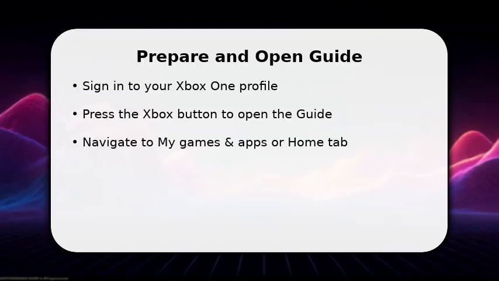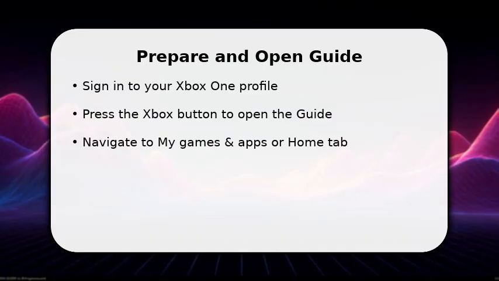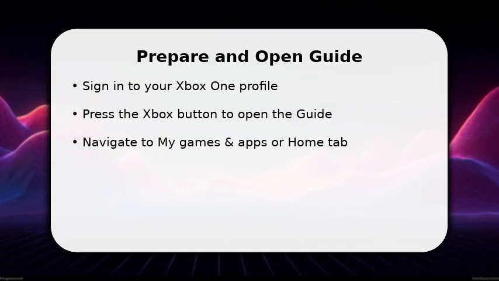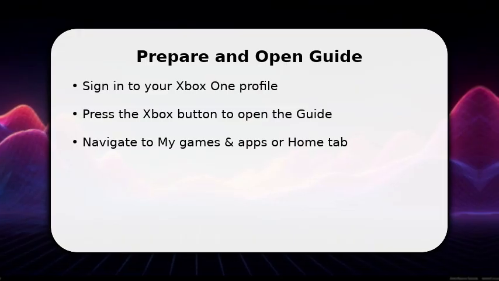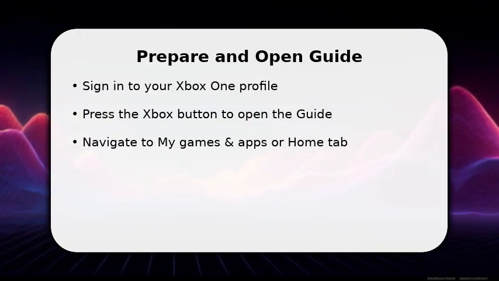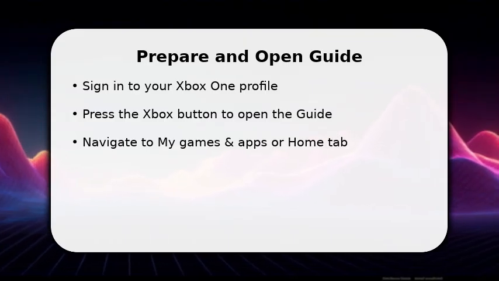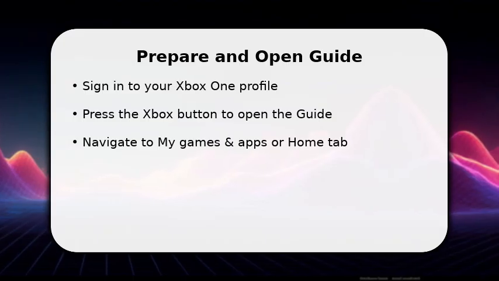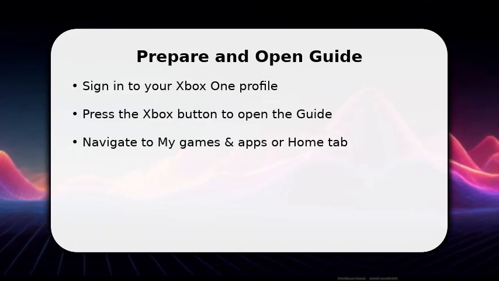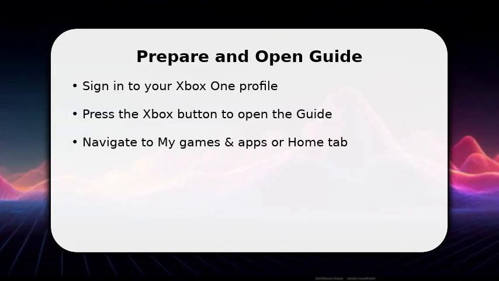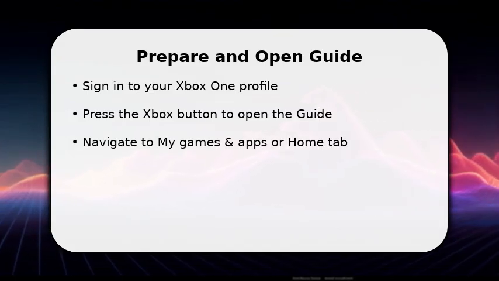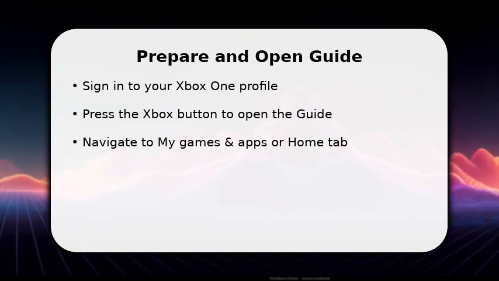You start signed in and ready. Press the Xbox button on your controller to open the guide. Once open, move to the Home tab or My Games and Apps depending on what you want to pin. Make sure Bluetooth/headset won't interrupt navigation. If using Connect or USB controller, confirm it's responsive. This gets you into the interface where tiles and pins live and prepares you to rearrange or pin content immediately